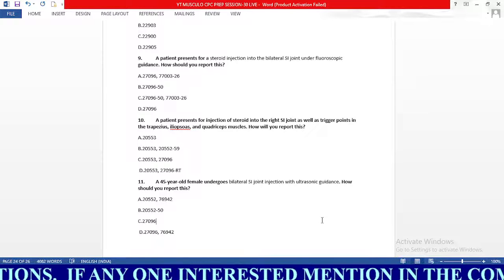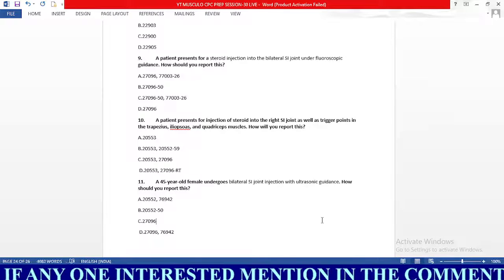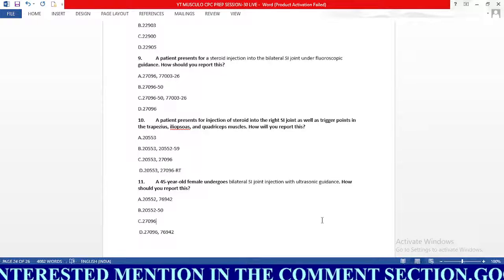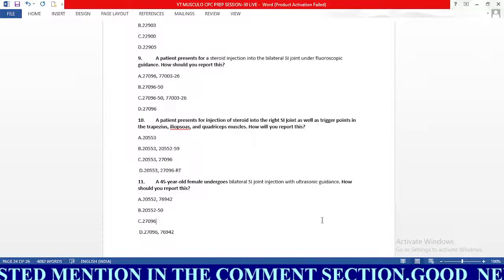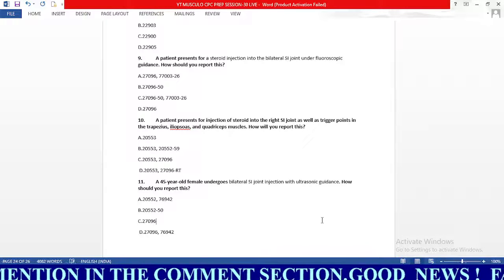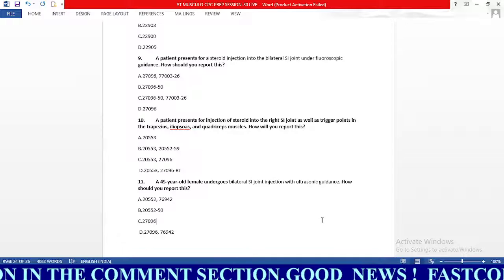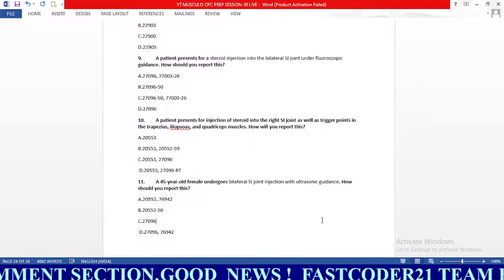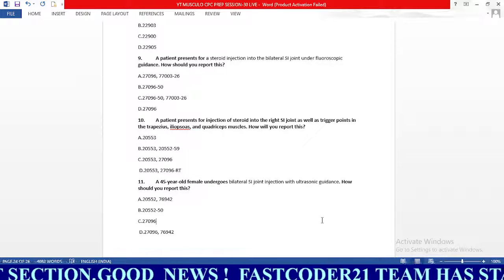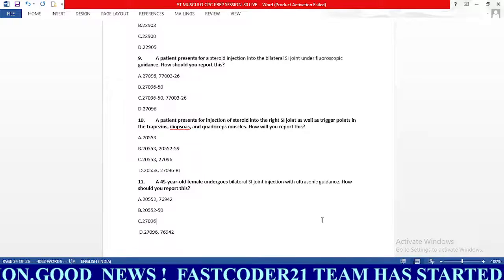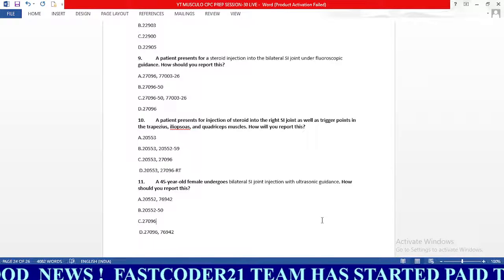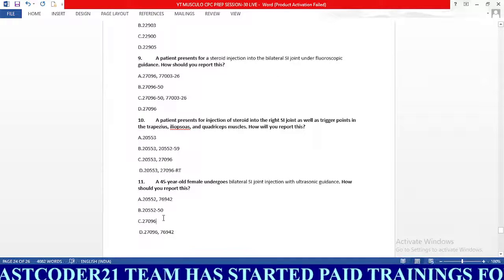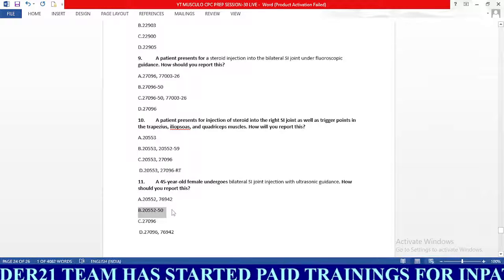And also if you see the parenthetical note here, 27096 is to be used only with CT or fluoroscopic imaging confirmation of intra-articular needle positioning. In our question, the physician has used ultrasonic guidance, so we can't code 27096 here. The next guideline is, if CT or fluoroscopy imaging is not performed, use 20552. So here we need to use 20552, and the physician has performed bilateral SI joint injection. So we need to choose B, 20552 and 50 modifier,